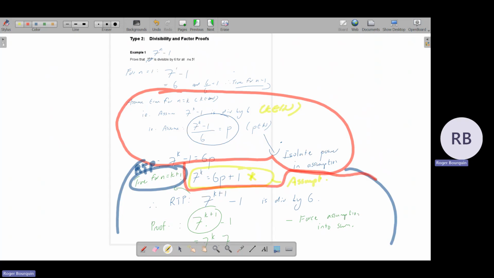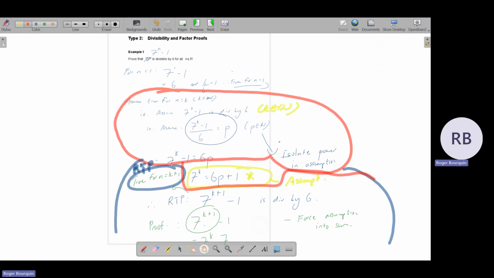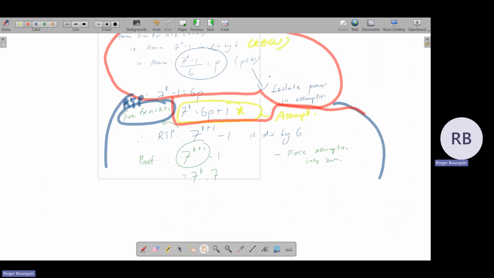Okay. So now I've got to prove it's true for n is equal to k plus 1. In other words, so we'll get there now. So required to prove 7^(k+1) minus 1. So then I've got to go back to that and say I've got to somehow force this in here, right? So 7^(k+1) minus 1 is the same thing, you will agree, as